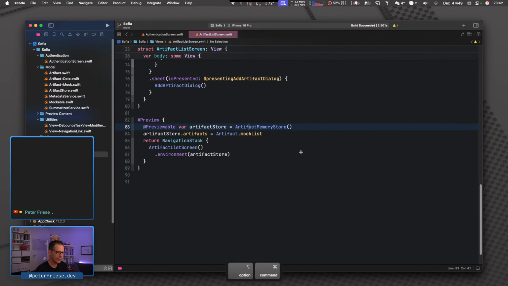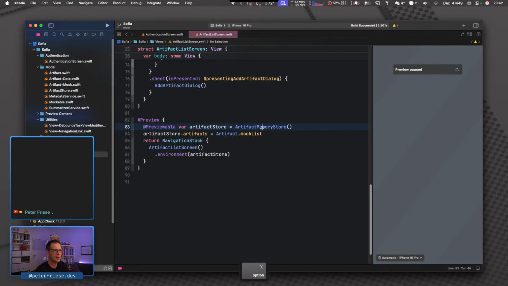No, we can't ignore this because we want to see the button. Okay, so artifact Firebase Store. Okay, let's see. Is it happy now? Nope.